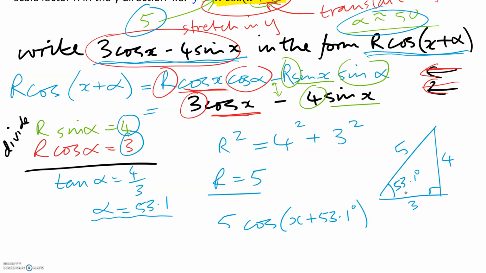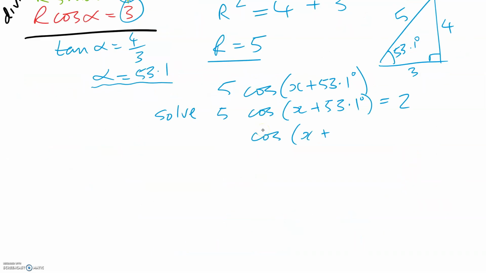Now remember, the actual question was to solve this equal to 2. So if we want to now solve this, the highlighted equation there equal to 2, then it's the same as solving this, 5 cos x plus 53.1 equal to 2, and that's quite easy to solve now. We just divide by 5, do inverse cos and solve the way we normally solve these. So cos x plus 53.1 equals 2/5, and if we do inverse cos